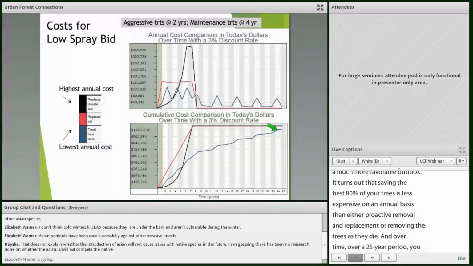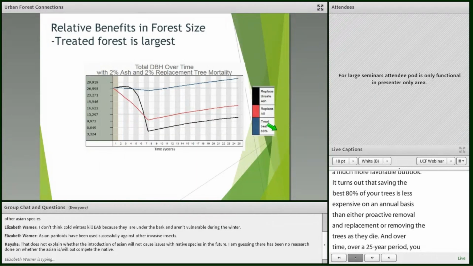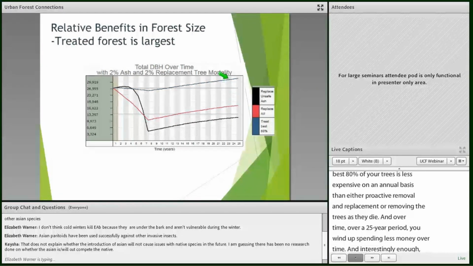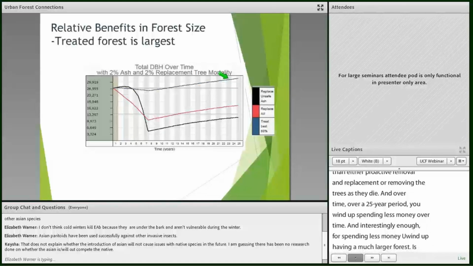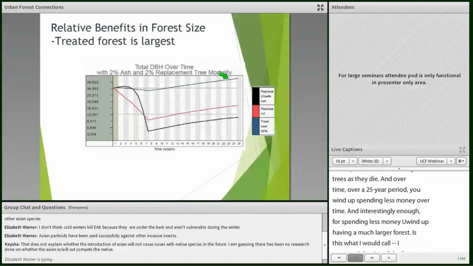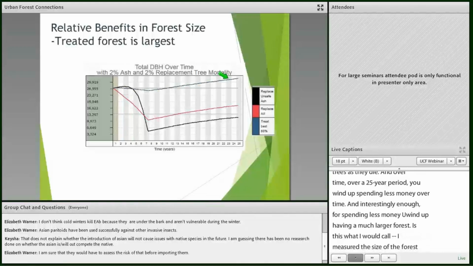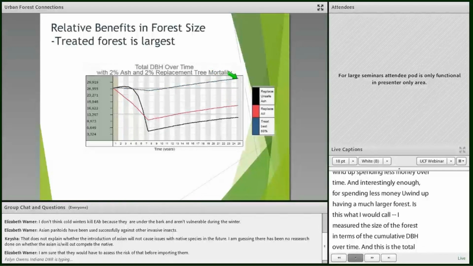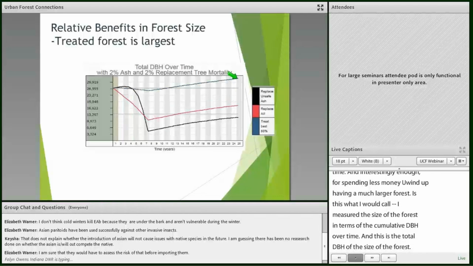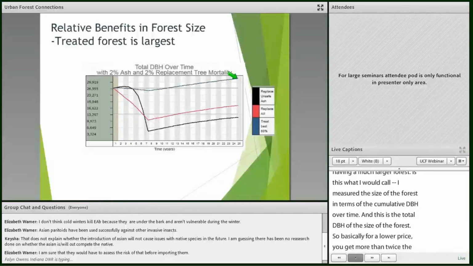And interestingly enough, for spending less money, you wind up having a much larger forest. This is what I would call, I measure the size of the forest in terms of the cumulative DBH over time, and basically this is the total DBH of the size of the forest. So for a lower price, you get more than twice the amount of forest. So it seems to me pretty much a no-brainer that if you have trees that you want to save, you can save them, and it's going to be a lot less expensive than it would be to